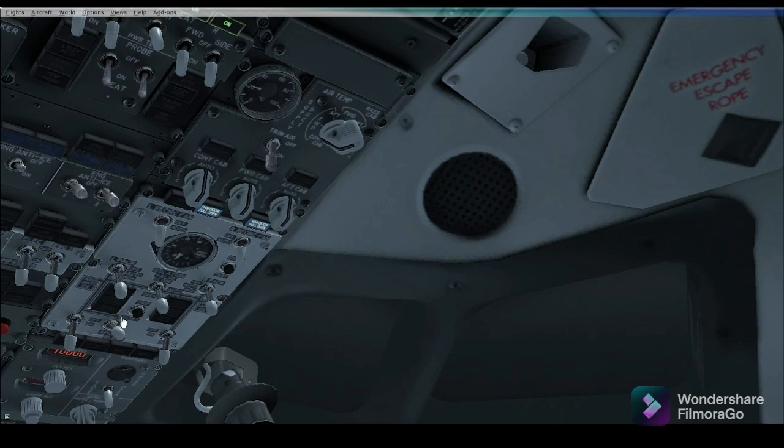The wing anti-ice switches direct bleed air to the left and right, de-icing the boots at the leading edge of the wings. When the APU bleed switch is on, the pneumatic system is pressurized using the bleed air from the auxiliary power unit. This is a small internal turbine located at the rear of the aircraft.